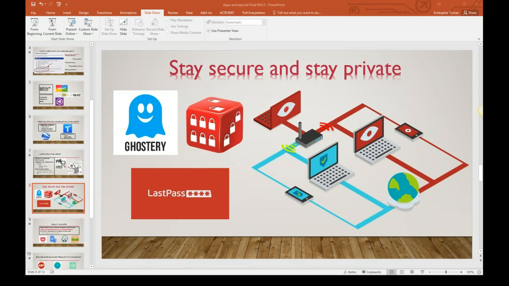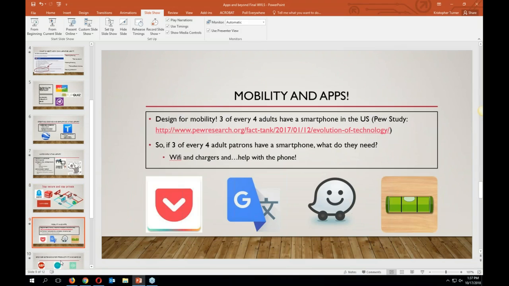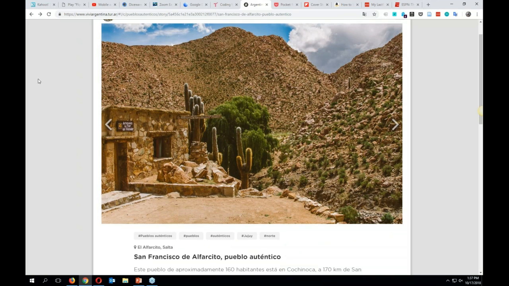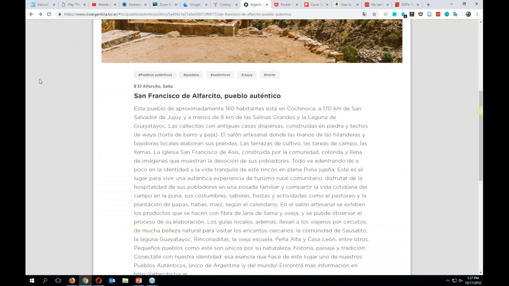So I'm going to jump out one more time here, and we'll go to Pocket, and we'll go to Google Translate for this one. So I have Argentina's Bureau of Travel Tourism here open. Unsurprisingly, it is all in Spanish. You can see up in my browser address window, I can translate this page on the spot using Google Translate. Or over here, Google Translate is also right here.